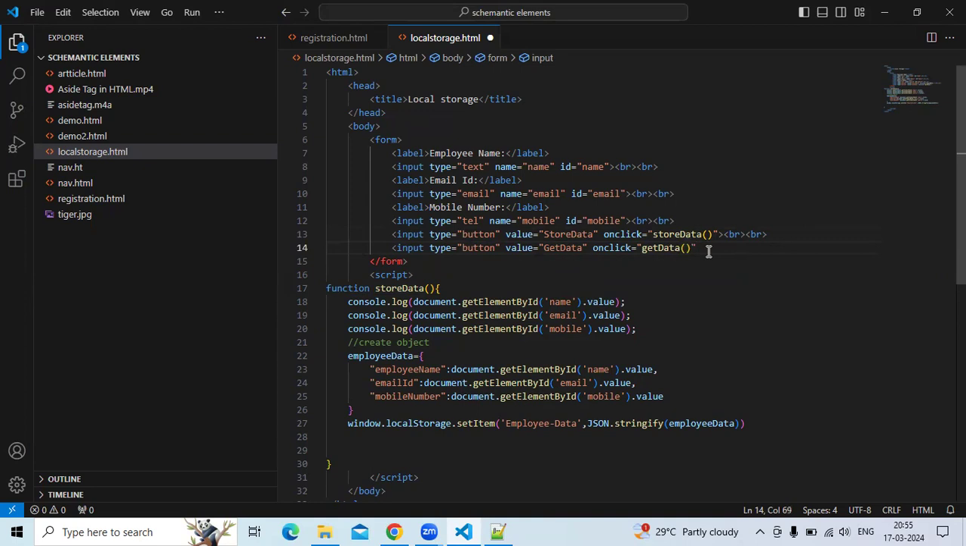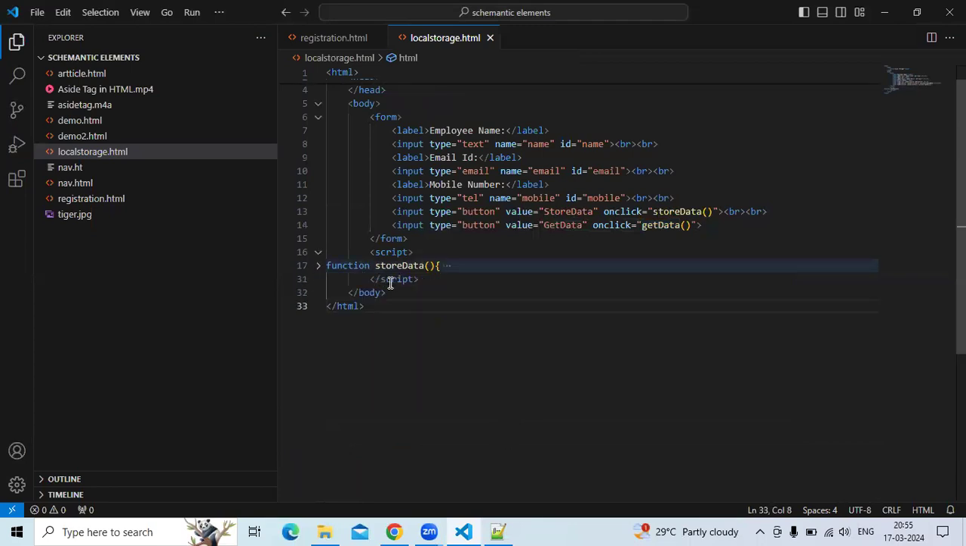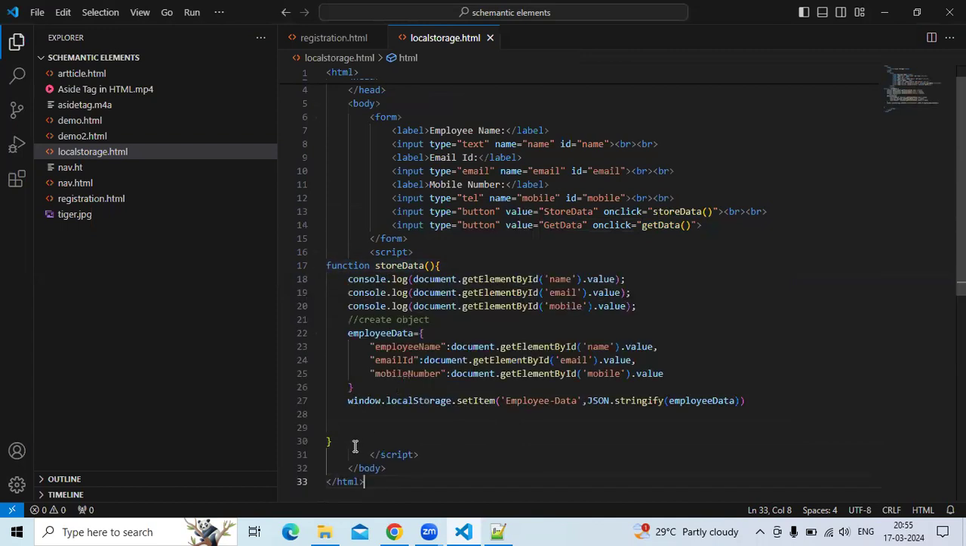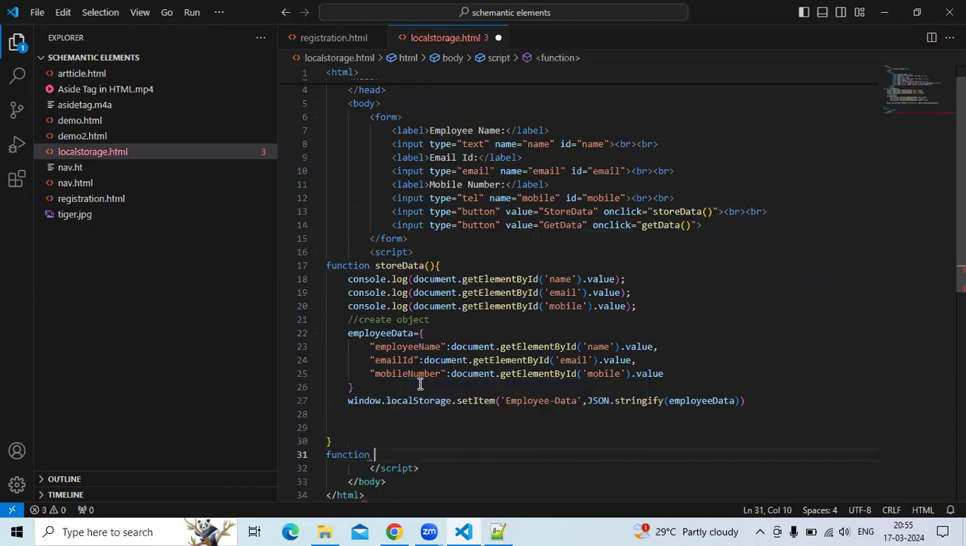Okay, now this button is created. See, this get data method you need to call in your JavaScript code. Okay. So this is the store data, right? Now I'm calling one more method. So how to call this function? With the help of function keyword. Function name. Okay. So in the get data,